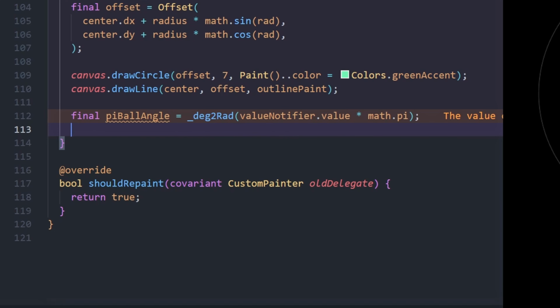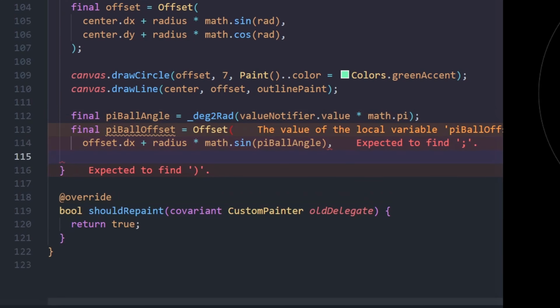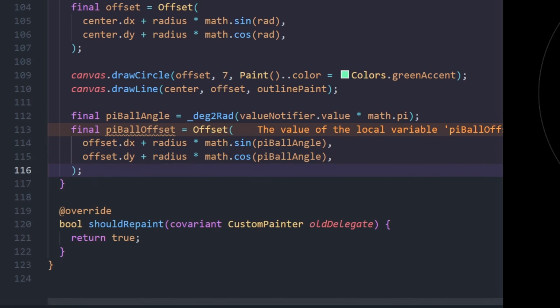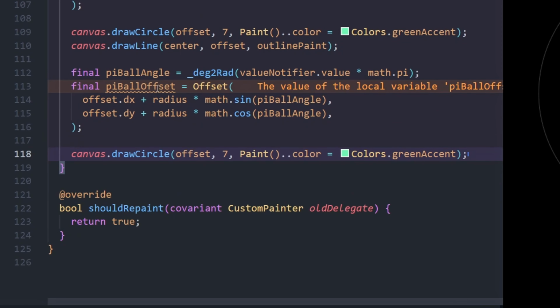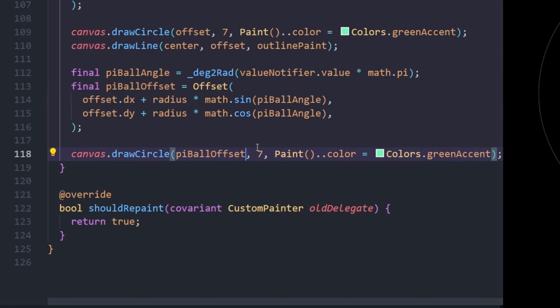And same, we'd like to get the offset on that degree. So I'll call it pi ball offset and use the same formula to get a new pi ball offset. In order to draw our pi offset, we can just copy our previous one and paste it here. We need to change the offset here. It will be pi offset, change to the orange color, and let's change the radius to maybe 4. And if I do a hot restart,